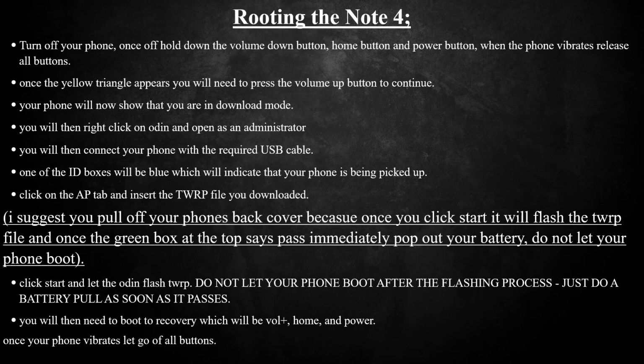So I found that upon the reset and it's saying pass, the phone will boot up as normal. Then if I switch the phone off and boot from there into the recovery, it's the old recovery, the stock standard recovery that comes with the phone. So don't let it boot up. Your first boot needs to be done directly into the new recovery. So as it says pass, take your battery out and then put your battery back in, and then boot into the recovery using volume up, home, and power buttons. Okay,